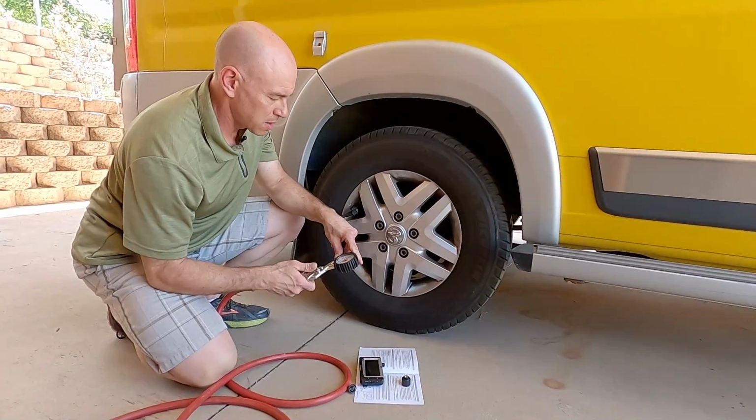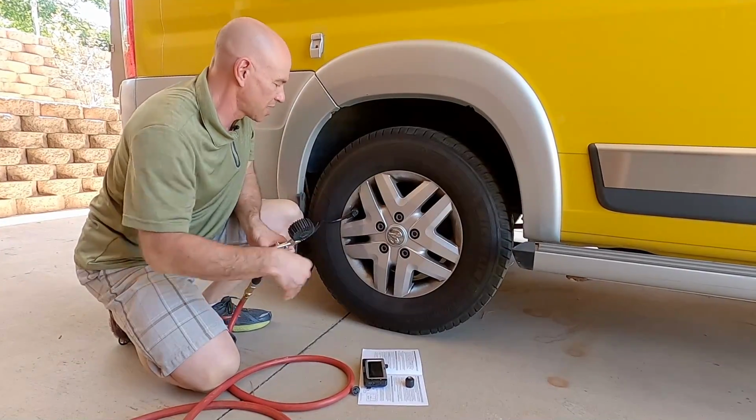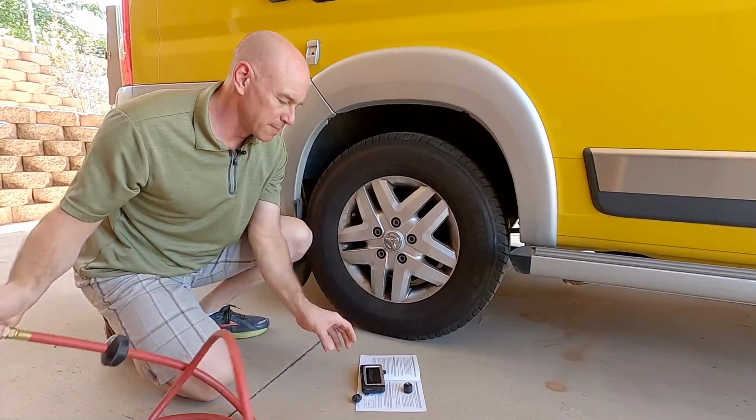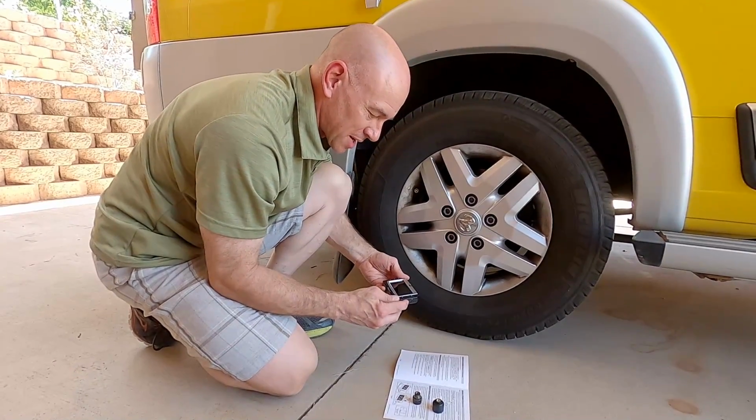We're good. We're at 78 PSI, it looks like. We'll call that good. All right. Okay, there's kind of a number of steps to getting the sensor programmed in, and they're not all